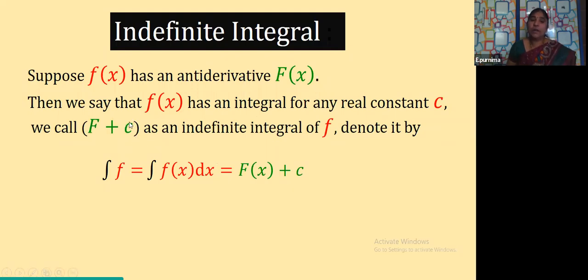It is changing for every function. For every function, even though the integrand is same, when it comes to the integral, there is a variation in the constant. So that's why I am saying that it is an indefinite integral. It is an indefinite integral. So what is written here? Integral f of x dx is equal to F of x plus c. This c denotes the constant, the change in constant that you have observed, the difference in constant. That is this particular term c.